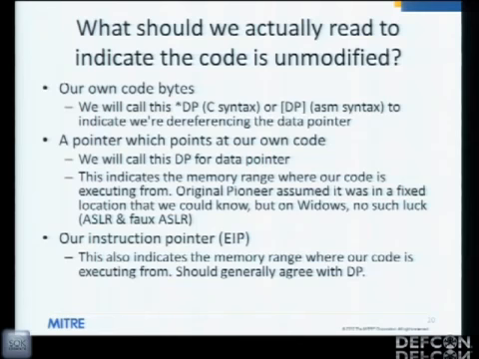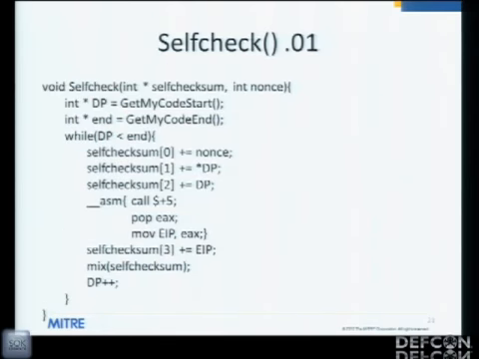Otherwise you could potentially have an attack. So now if we expand this a little more, we dive down into the self-check and we say, okay, what do we need to incorporate? So now a self-check, our pseudocode here would look like, get the start of my code, get the end of my code, and now inside of a while loop, and this while loop is a very critical component of it,